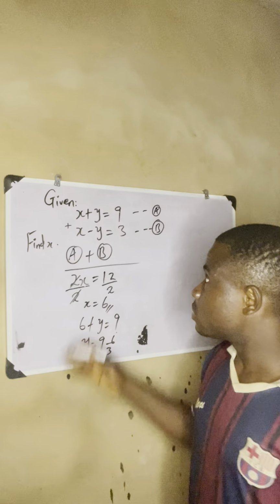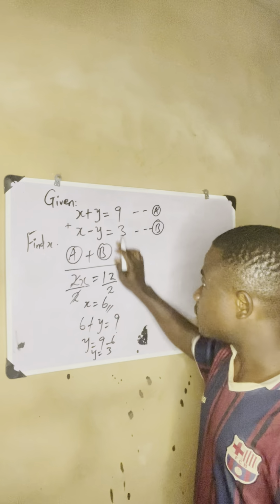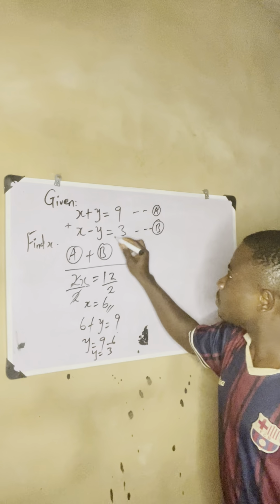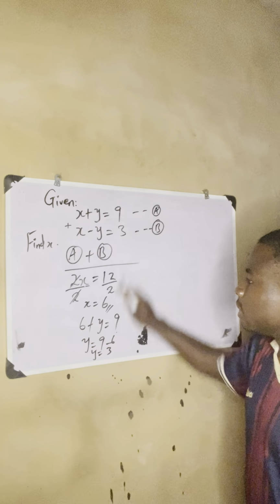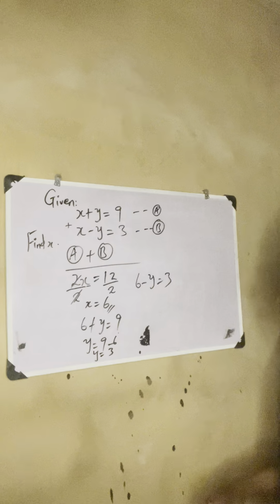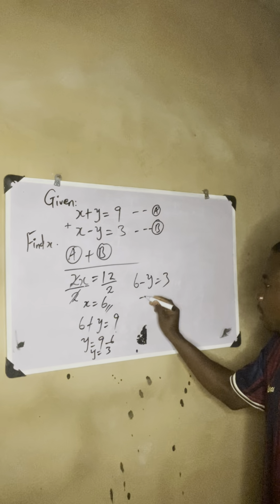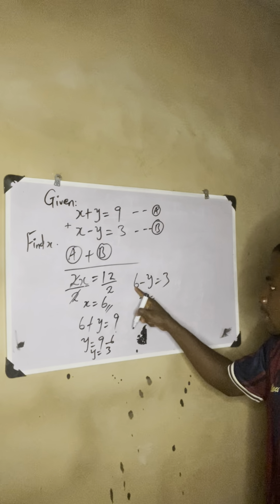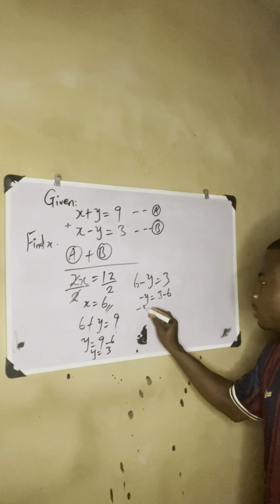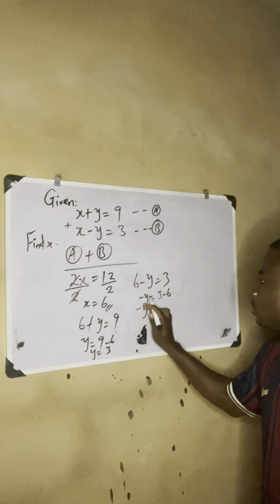If you decide to substitute x equal to 6 into the second equation, you are still going to get the same answer. Look at it here. x minus y equal to 3. Remember, x is 6. So I'll substitute 6 for x. So 6 minus y is equal to 3. You collect like terms. Minus y is equal to 3, the 6 will now change to minus 6 here. So 3 minus 6. Minus y is equal to,